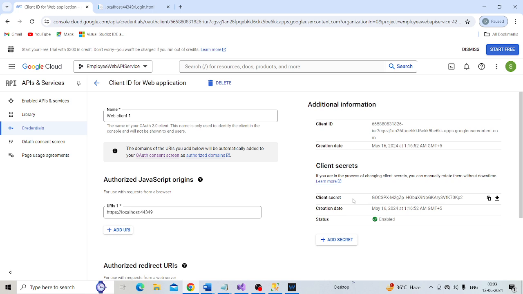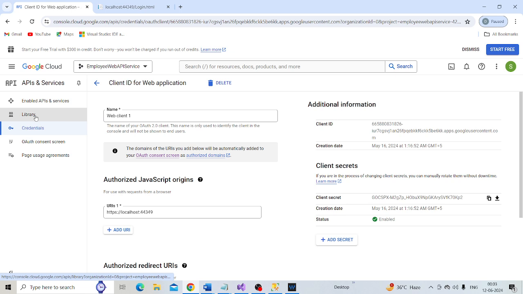In just a bit, we will see how we are going to use both of these, client ID and client secret. There is one more last thing that we need to do here. We need to enable Google Plus API service. To enable that, click on library. As you can see, this is the client ID and client secret.